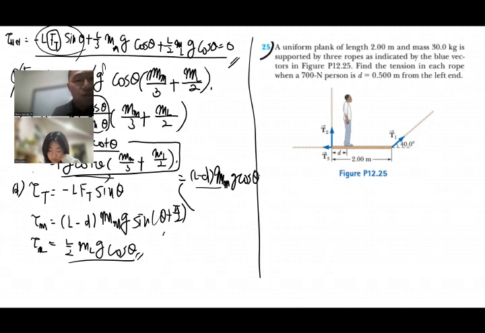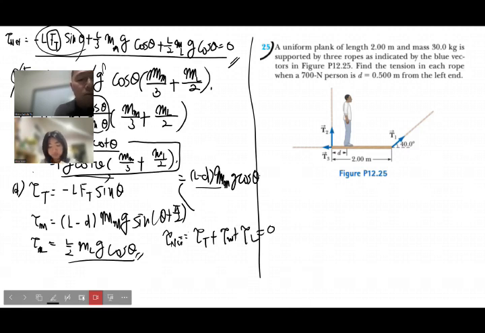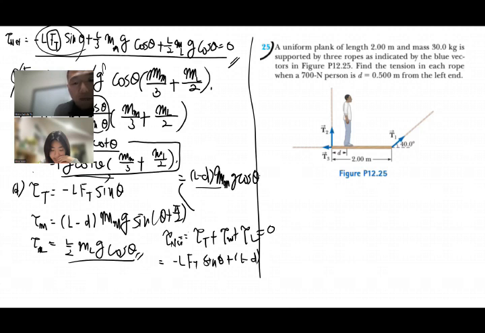So the torque from tension plus the torque from the monkey plus the torque from the ladder equals 0. You plug them all in, then that should be minus L Ft sine theta plus L minus d times m_m g cosine theta plus